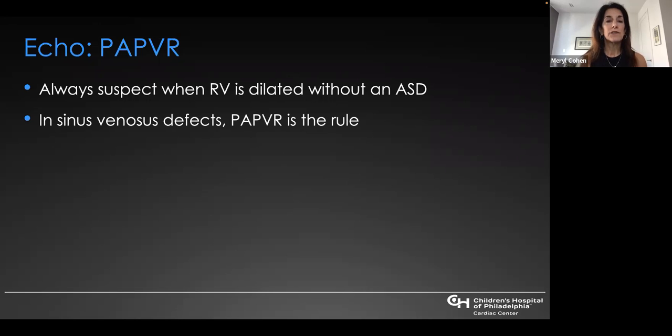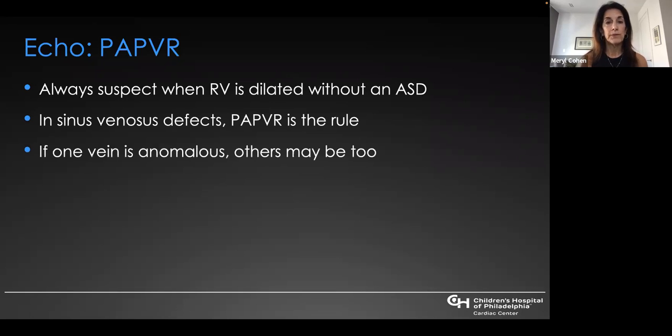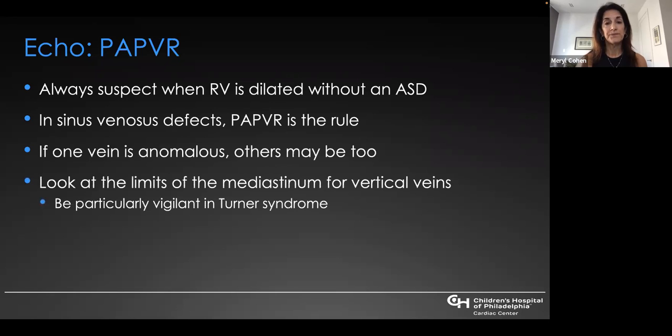And in sinus venosus defects, you almost always have partial anomalous pulmonary venous return and/or connection, and that's generally the rule. And if you see one pulmonary vein draining anomalously, there may be others too, so you should look for them. And a very important imaging point is that you should look at the limits of the mediastinum for vertical veins,